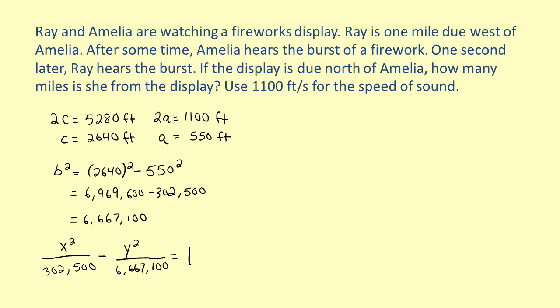We know Amelia is a distance of c feet from the center of this hyperbola. We also know that the fireworks display is due north of Amelia. This means that the point where Amelia is and the point where the fireworks are would have the same x-coordinate if we were to plot them on a graph. So we'll use the value for c, which is 2,640, and plug this in for x in the equation and solve for y. So we have 2,640 squared over 302,500 minus y squared over